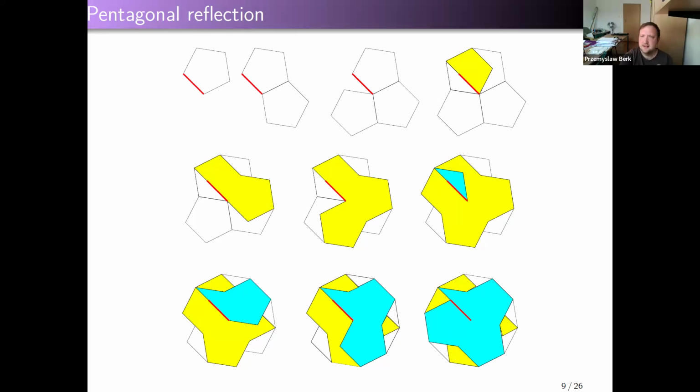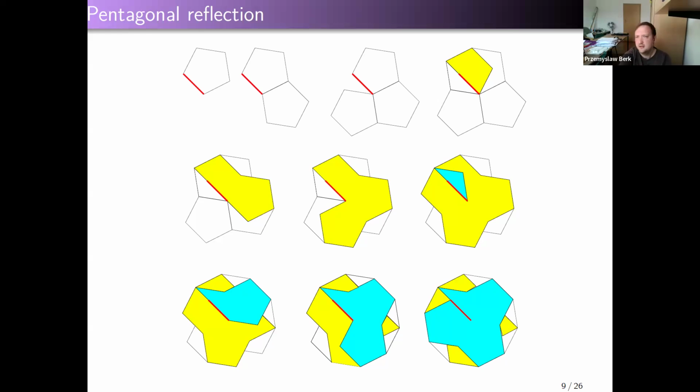And as you can see, via the reflection around the sides, which are glued to this one, which come out of one of the vertices of the pentagon, I'm actually accumulating layers. Because the angle of the regular pentagon is not 180 degrees, it doesn't divide 360 degrees. So when you glue, for example, three of those pentagons,